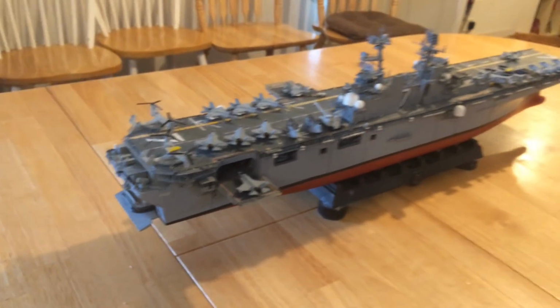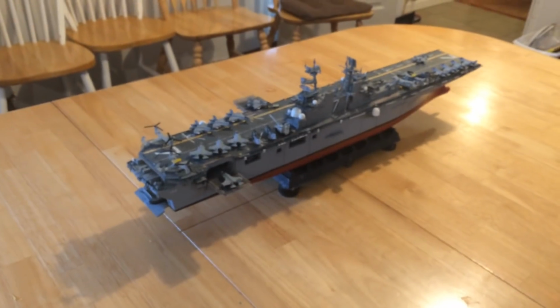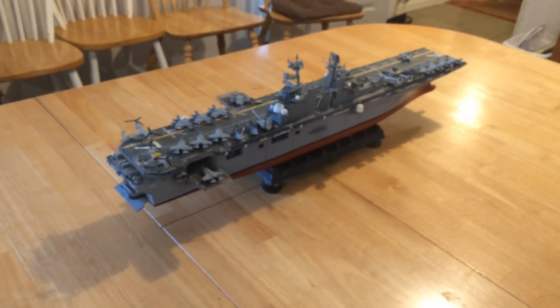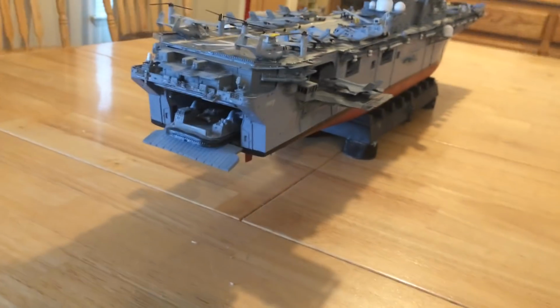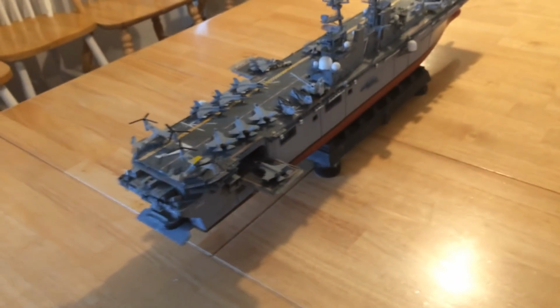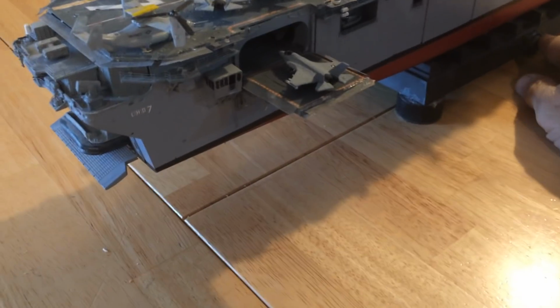Now we have 8 of these Wasp Class vessels and have built 2 of the America Class vessels, which are the same, but they don't have the well deck that this one has. They have been developed with a much larger hangar so that they can even carry more F-35Bs. Let me turn on the light here,